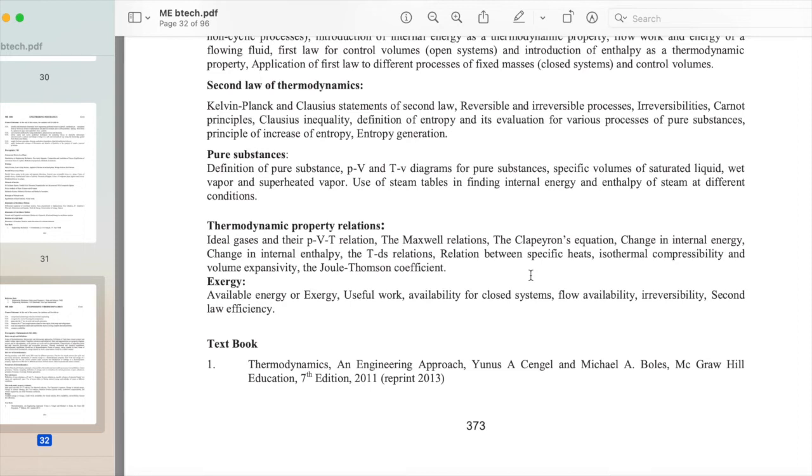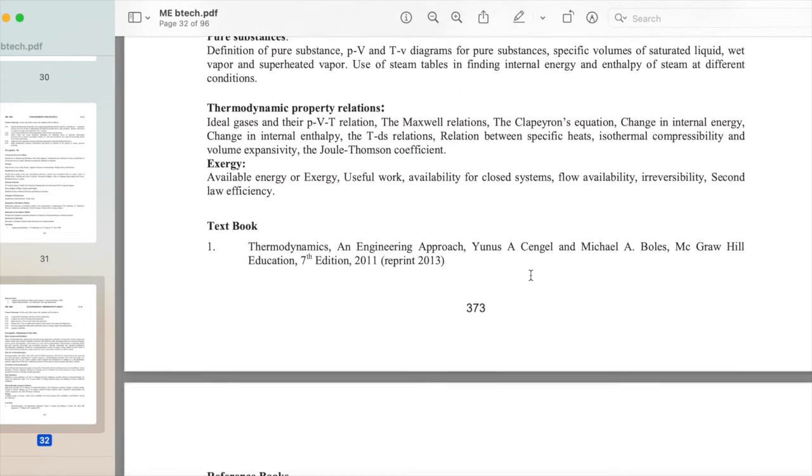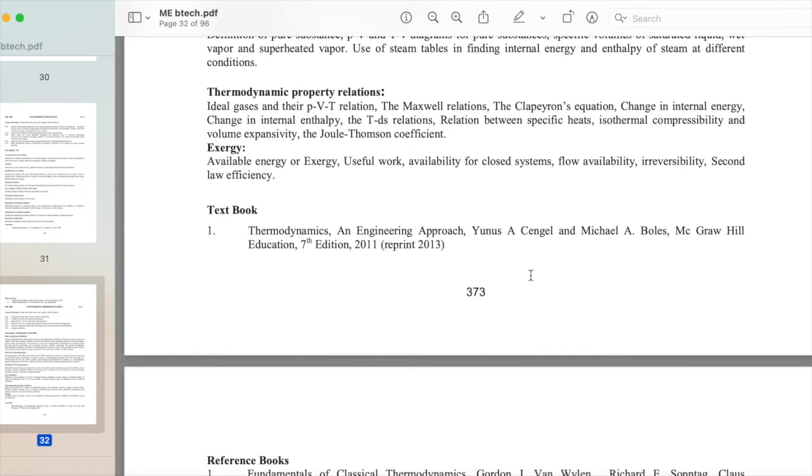Second law of thermodynamics, Kelvin-Planck and Clausius statements of second law, reversible and irreversible processes, irreversibilities, Carnot principles, Clausius inequality, definition of entropy, and its evaluation for various processes of pure substances, principle of increase of entropy, entropy generation, pure substances, definition of pure substance, PV and TV diagrams for pure substances, specific volumes of saturated liquid, wet vapor, and superheated vapor, use of steam tables in finding internal energy and enthalpy of steam at different conditions, thermodynamic property relations,